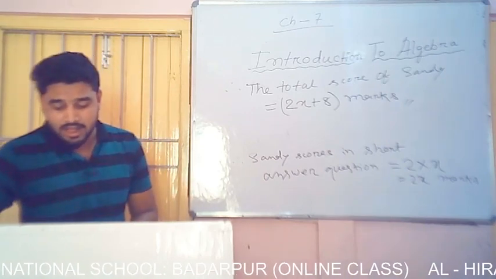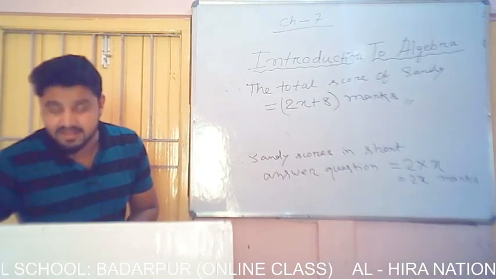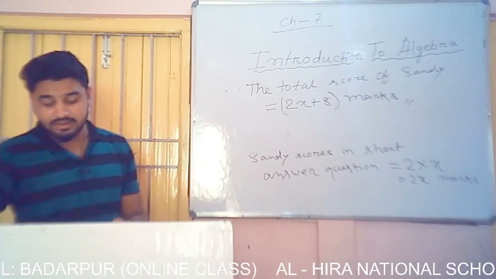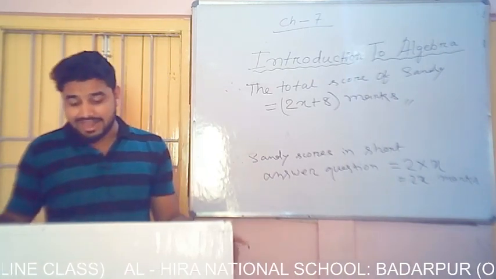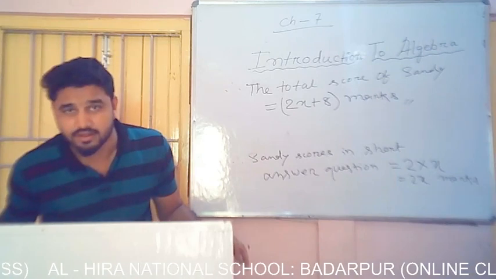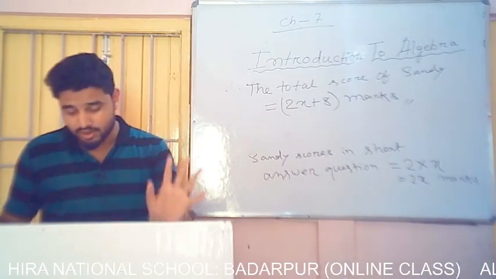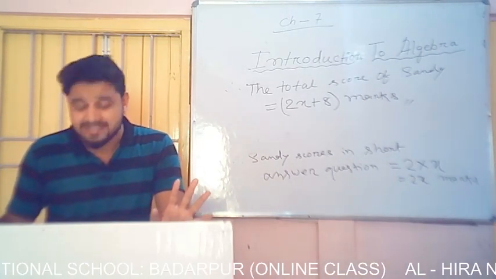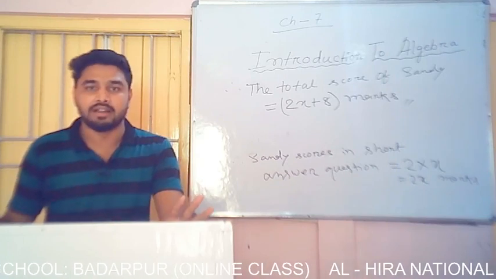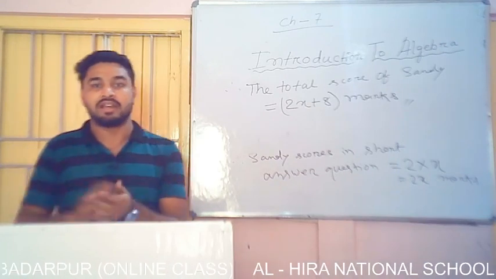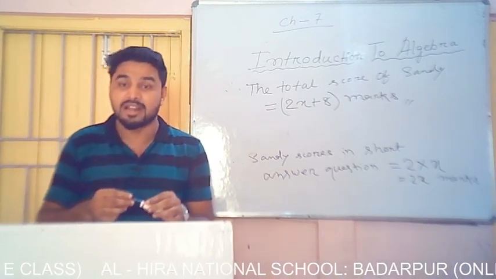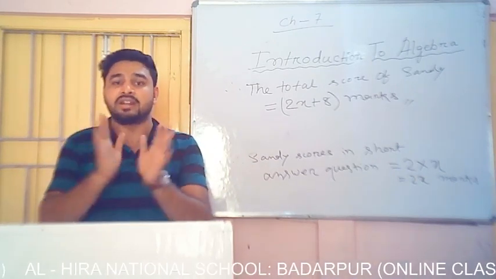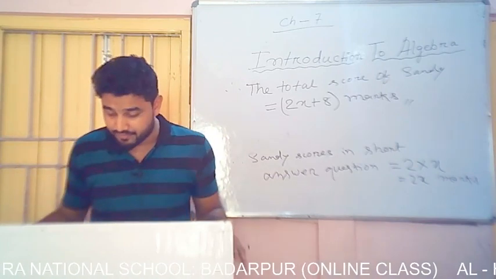Now come to question number 10, that is high order thinking skills. A man has 350 watches. That means a man has 350 watches. He sells W watches every day. That means from 350 watches, he sells W watches every day. Numbers are not given. In place of numbers, he has just written W watches every day.